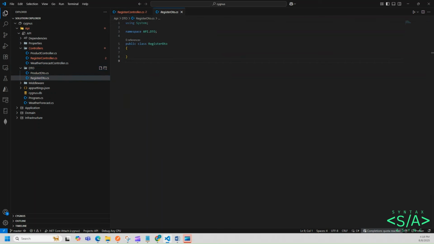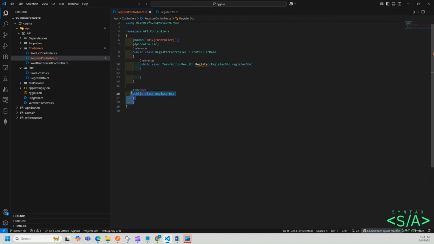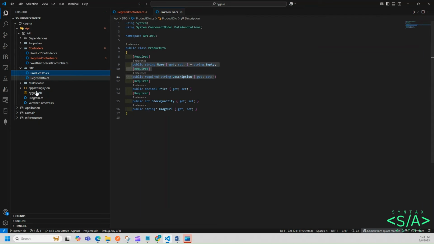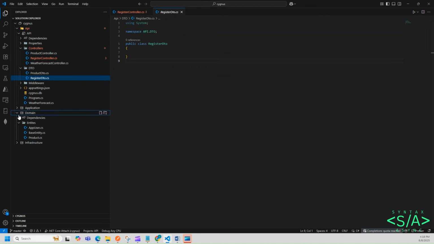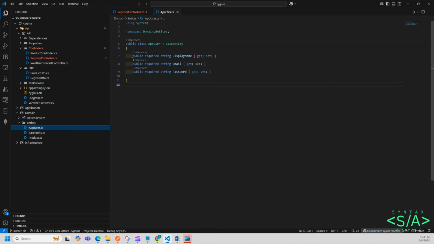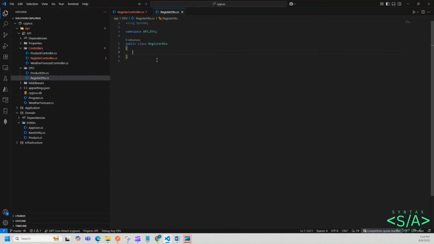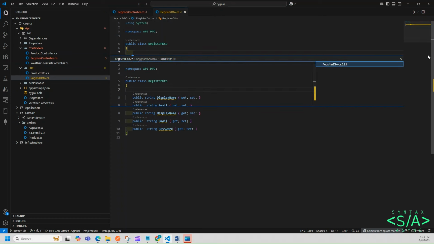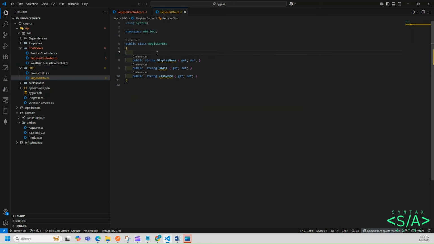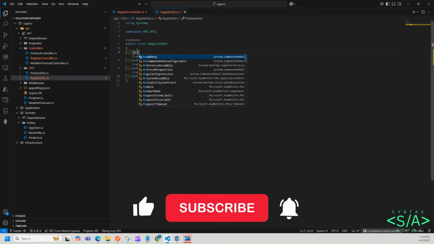inside the register, what we created, remove first from there, and inside the register we go to our entity, the app user entity, and the same thing we created in our register. Okay, and remove the required, just call to, we put the data annotation required,